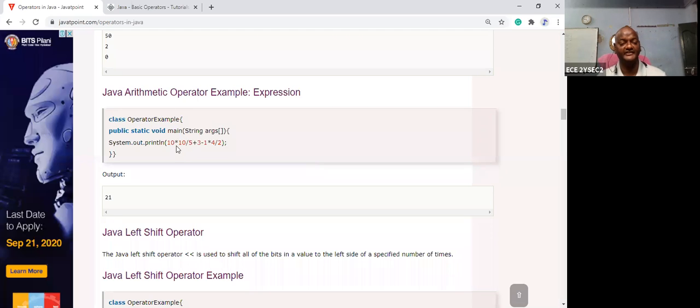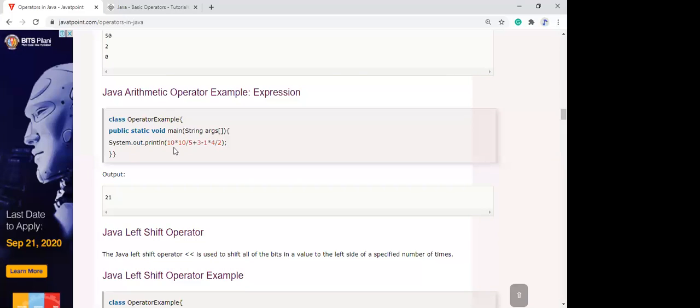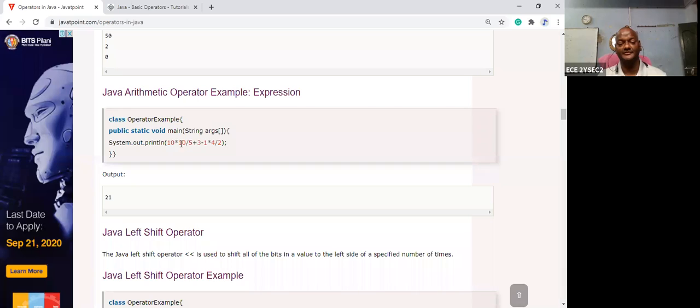Okay, I'm saying that this is the star and this is the slash. So this is the division operator and this is the multiplication. These two are important. Whichever comes first, you perform it. First you perform 10 into 10, that is 100, then 100 by 5, which is equal to 20. Then it does not perform the 3 minus 1 and the other operations yet.